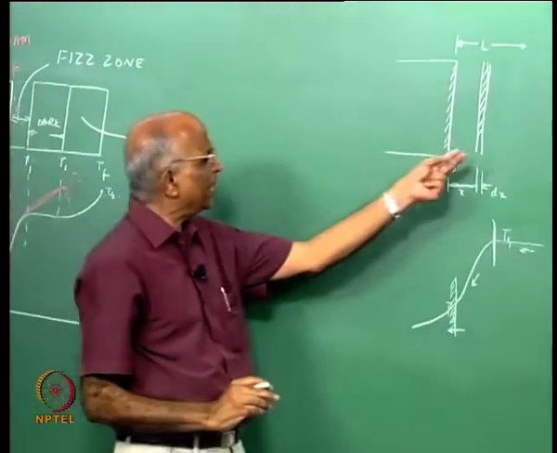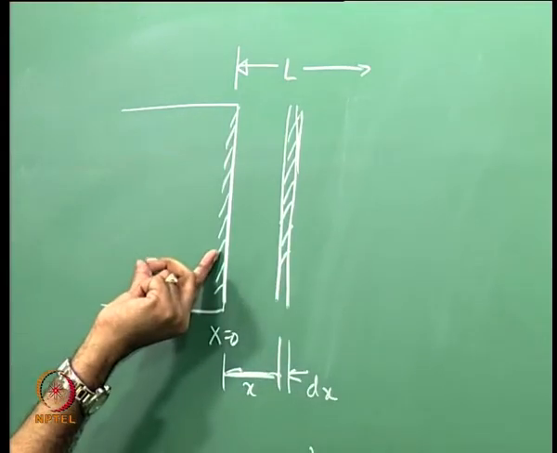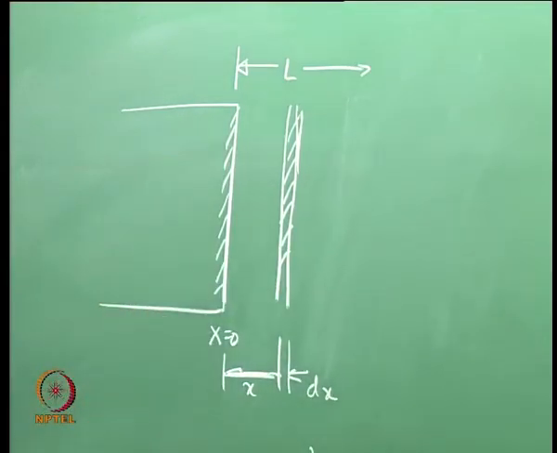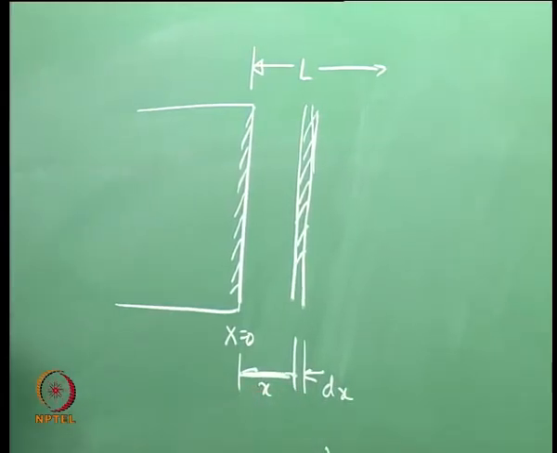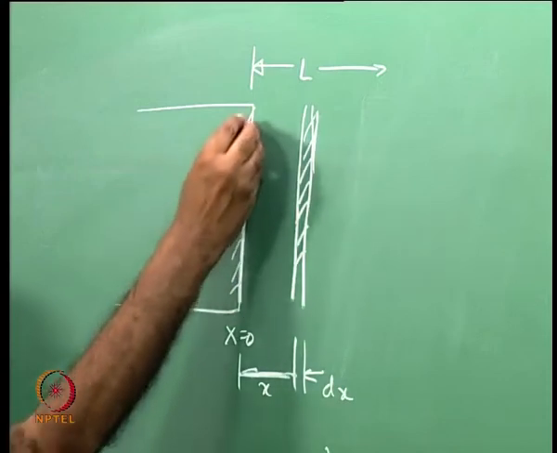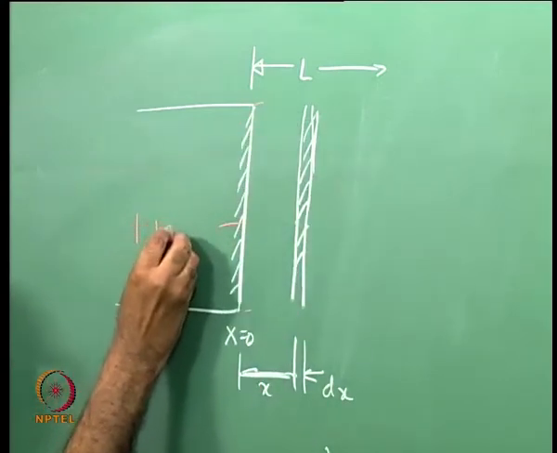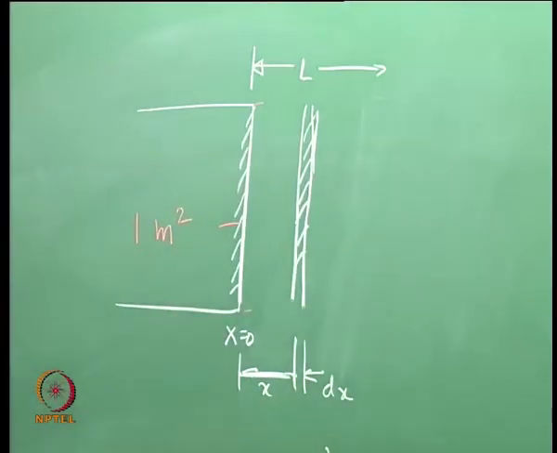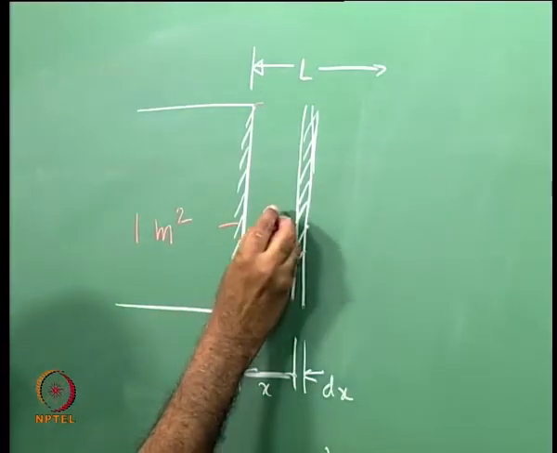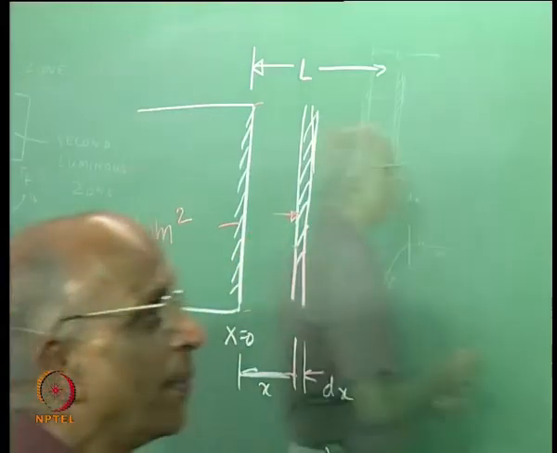I would like to write an equation for this element and then find out how the burning works, and this is how we do any heat transfer problem, right. Therefore, to make things clear, let me say that the surface area over here is equal to unity, 1 meter square, such that I do not need to carry the value of A as I am doing the problem. Now, the temperature increases, let us say there is some heat conduction here. What is the value of heat conduction? Q at x,